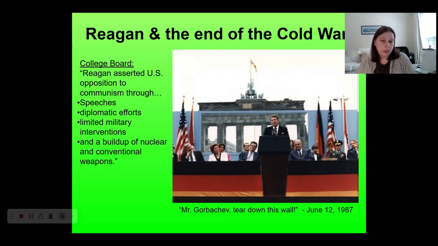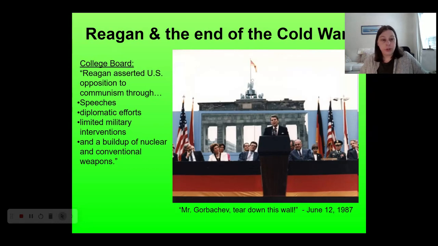of our nuclear arsenal. You might potentially be familiar with a program that was nicknamed Star Wars, where the Reagan administration was talking about using essentially like laser technology to try to build like a missile defense system, which we weren't really technologically capable of doing in the 1980s, but it really put a lot of economic pressure on the Soviet Union. So all of those things together kind of combined put a lot of pressure on the Soviet Union, which is already in kind of a bad economic position.